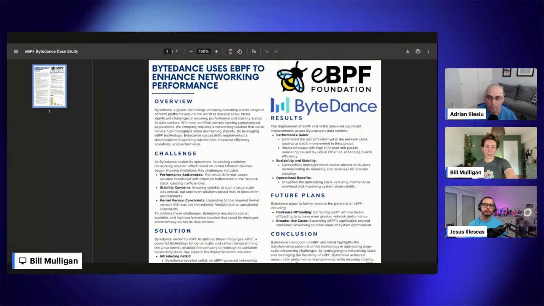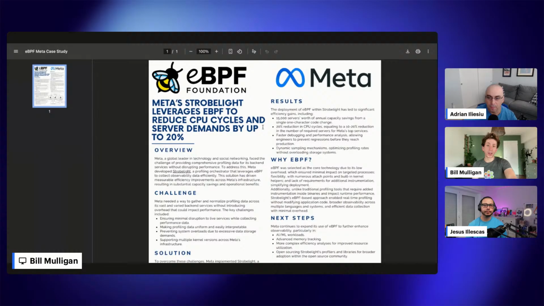Another case study that we saw is from Meta, and they were talking about how profiling with eBPF allowed them to, in some cases, reduce server demands by up to 20%. So these are the benefits that you're seeing from eBPF. And so the foundation does upstream development, like how can we improve the upstream community through statements of work?